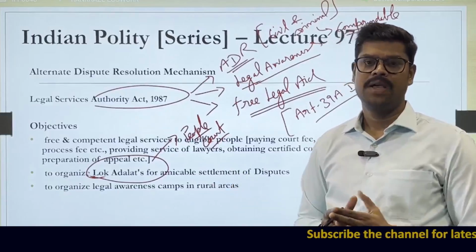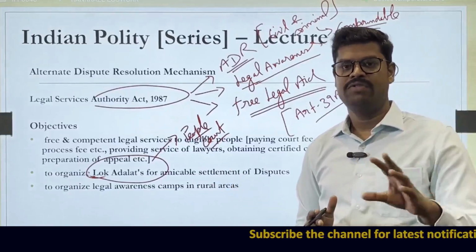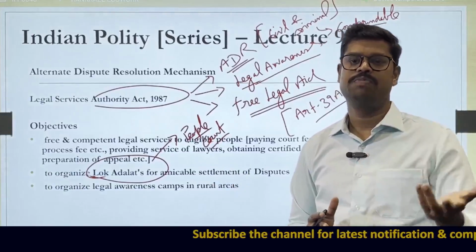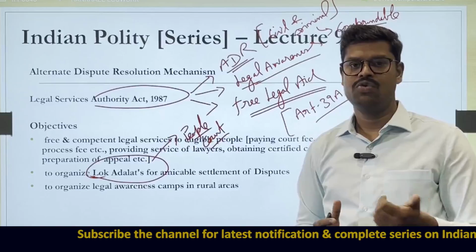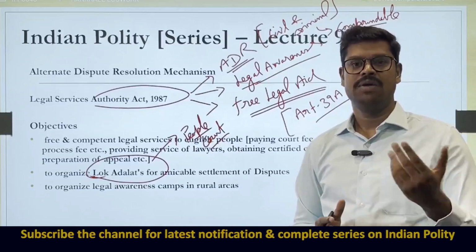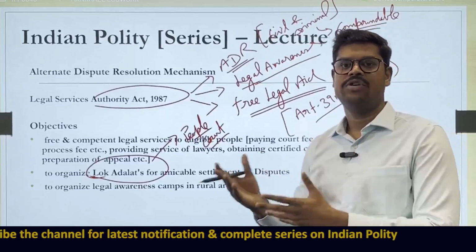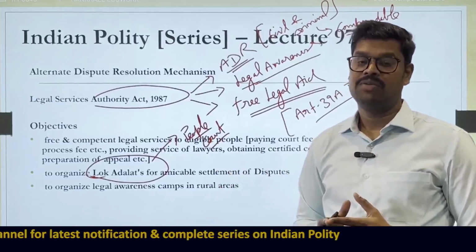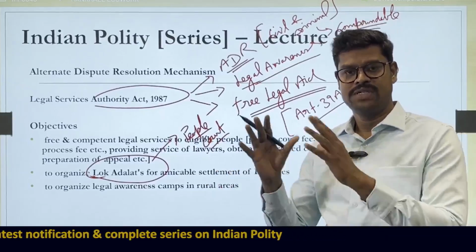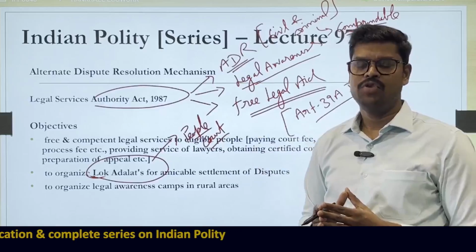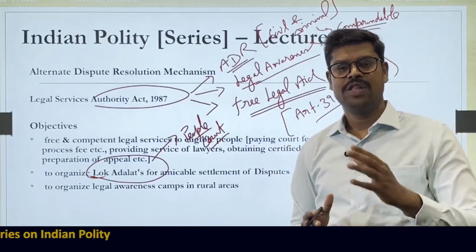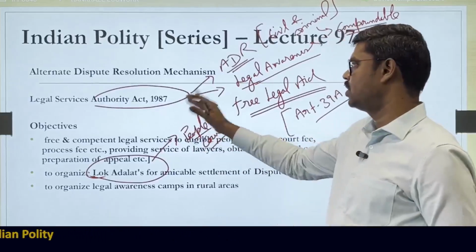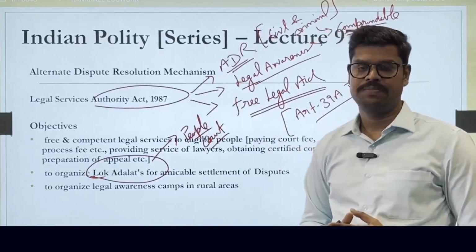If they want to go to a court, then they have to hire a lawyer. They want to have a lot of legal services for which they have to pay the lawyer, and poor people may not have the money to do all those things. If they are not able to do all those things, then they are deprived of justice. However, the constitution wanted to provide justice to everyone. So therefore, the poor people who cannot afford legal service, for them free legal aid is given under the Legal Services Authority Act.